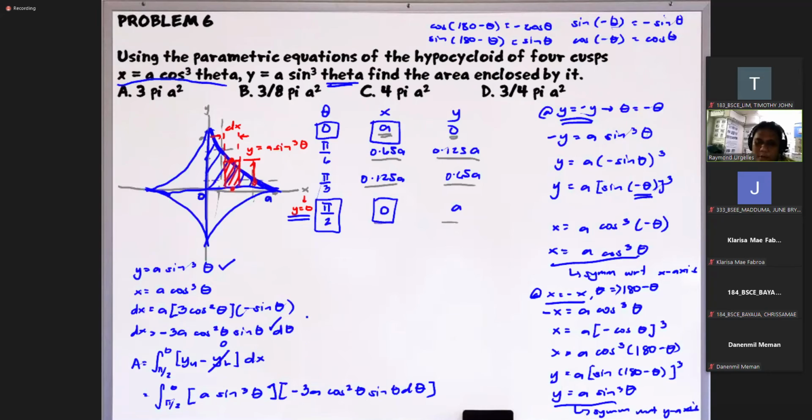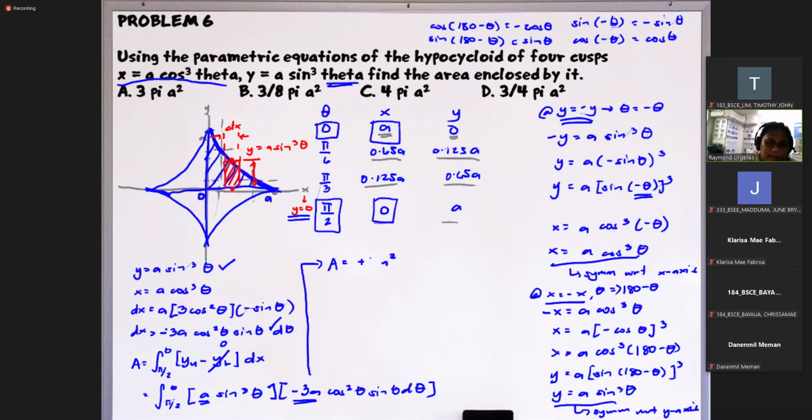Okay? So note, we have a property of the integral, right? When we reverse the limits of integration, our integral is multiplied by negative 1, right? So therefore, we can write this as a negative integral. So let's swap them, so it becomes 0 to pi over 2, right? Then we have a, and negative 3a. So let's take that out. Negative 1 times negative 3a squared, that's positive 3a squared. So therefore, this will be positive. So we have positive 3a squared.